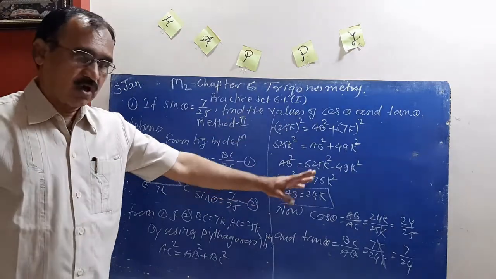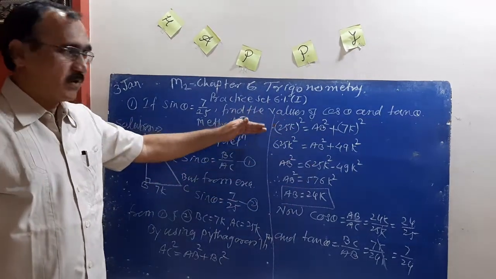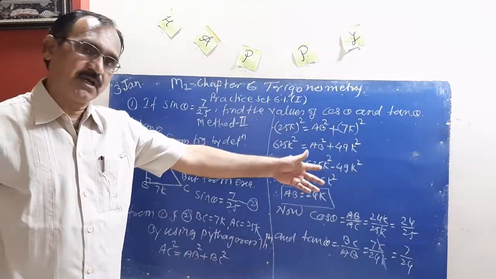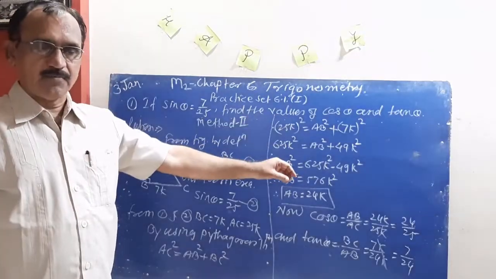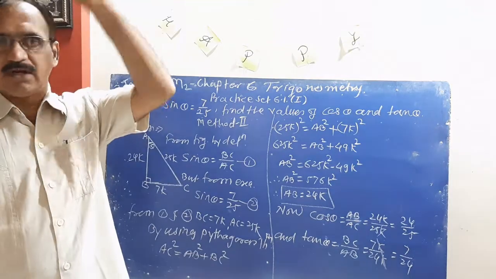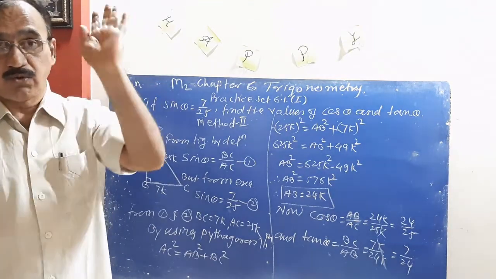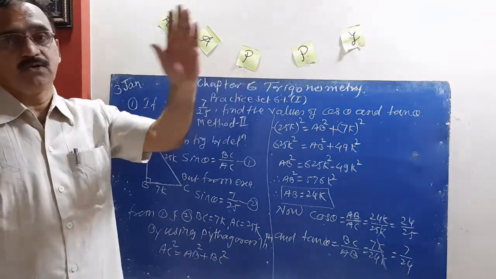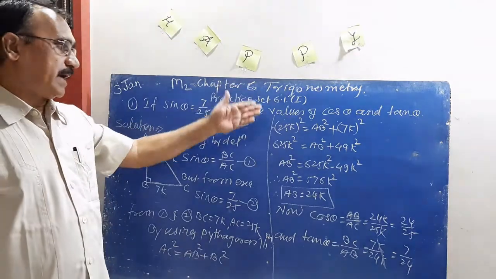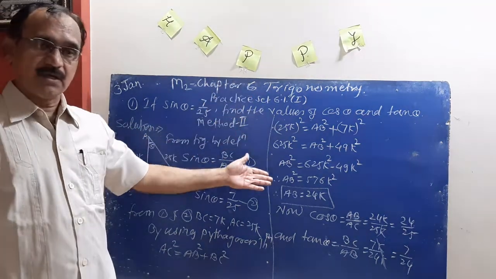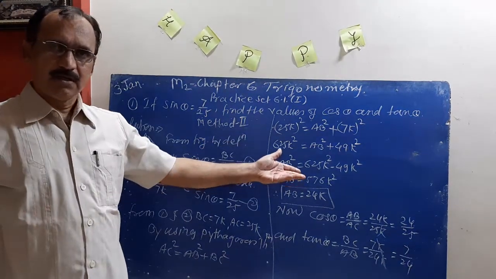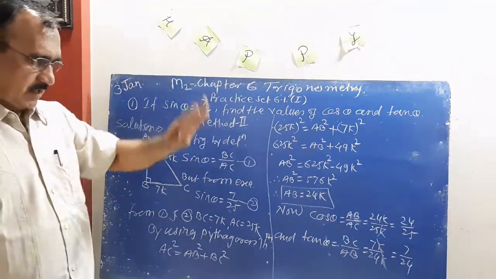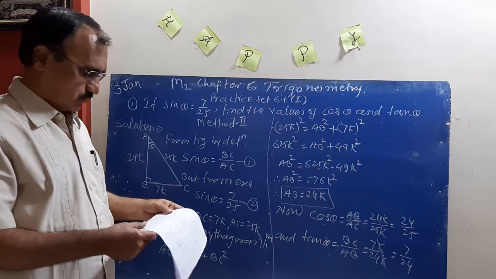See the ratio or answer of method 1 and method 2. Answers will be same. That means our methods are also correct. In exam, you can use any one which is convenient to you, method 1 or method 2. If we know the identity, you can use the first method. If you do not know the identity, you can use the second method. You can use any one method in board exam also.